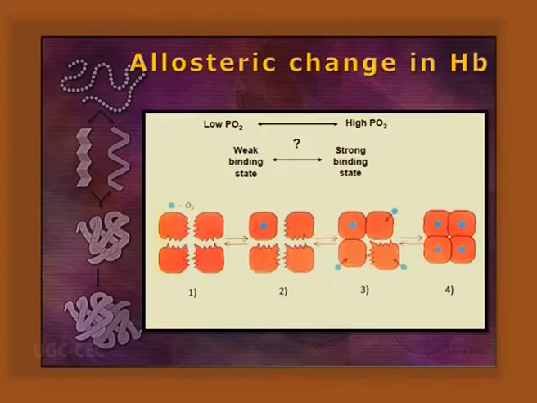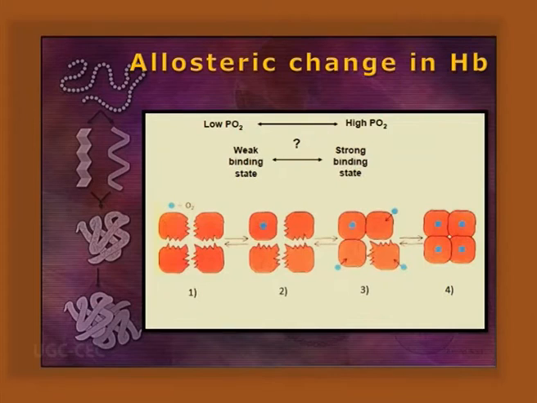Now, allosteric change in hemoglobin. After binding with oxygen in one subunit, what is happening? There is a change in alpha beta 2. This particular subunit surface slides by 15 degrees, and 0.1 nanometer is getting shifted. So, some sort of stress is actually obtained.